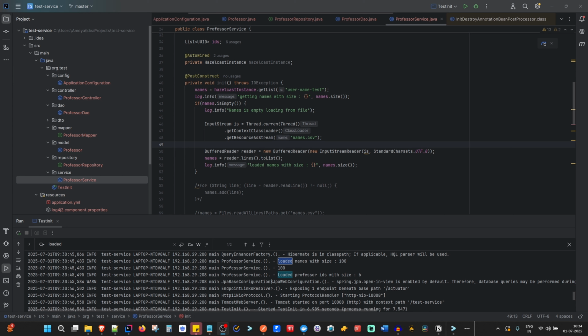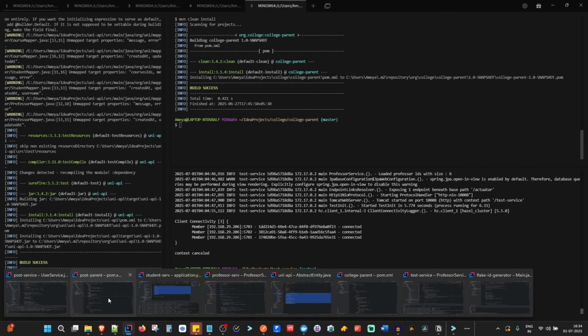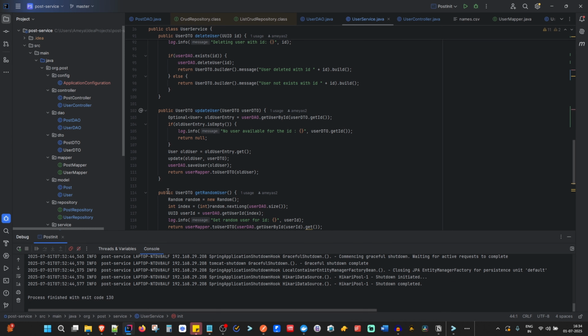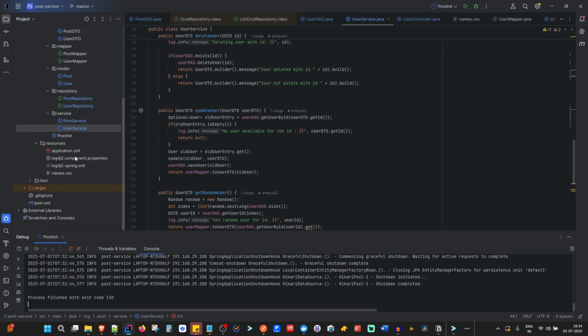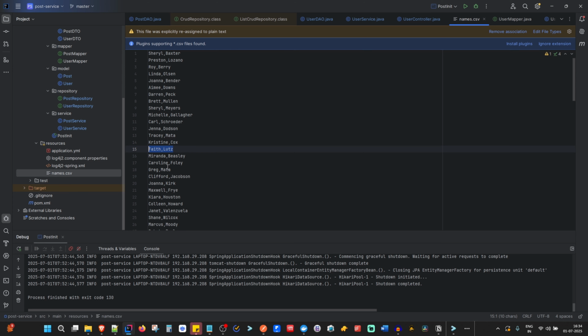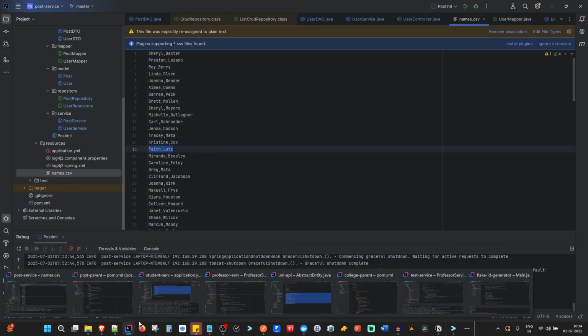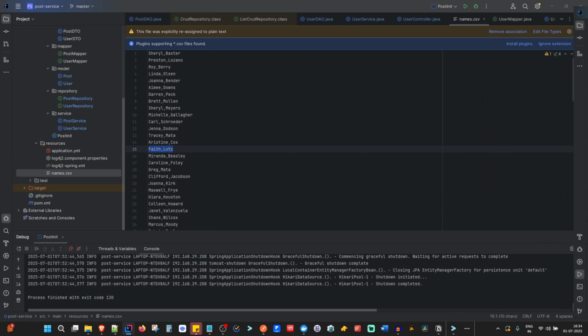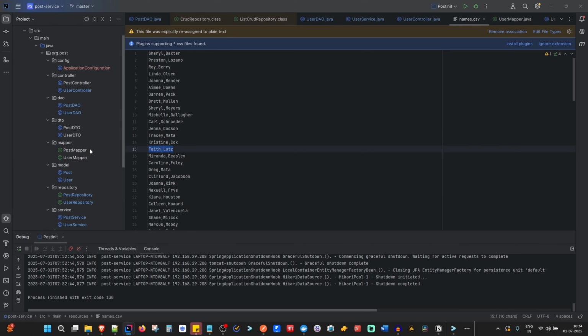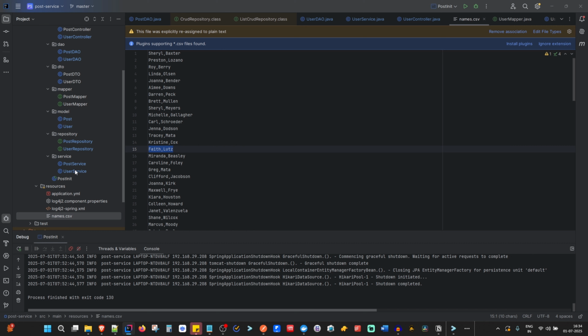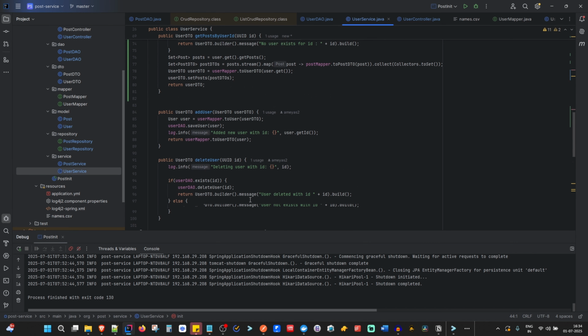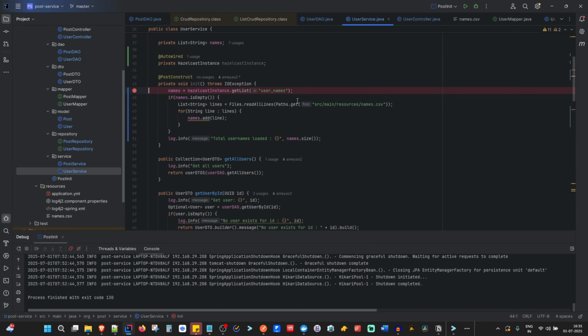So before we move ahead, there are certain things that I need to take care of in the current code. One is to load APIs for both user and post, and loading up the names file. Now, in the case of the names file, what we have to do is we have to use the class loader. And in this case, we go to user service, since we are loading it